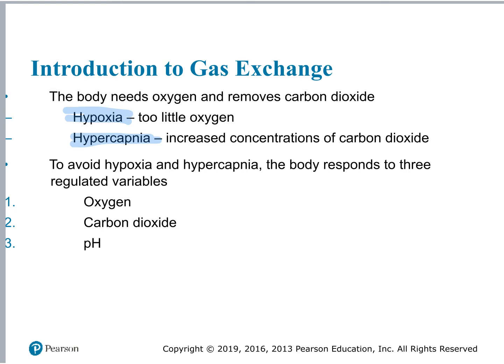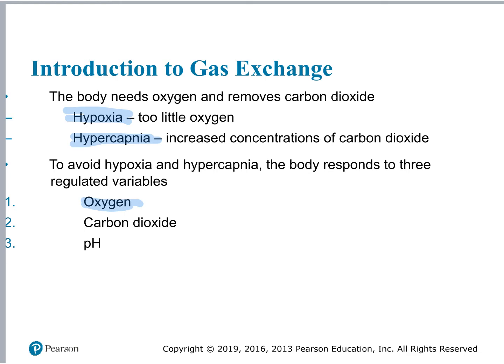your pH. Now, to measure hypoxia and hypercapnia, there are three variables that the respiratory system or your body will look into. First, it's going to be oxygen levels. If your oxygen levels get too low, hypoxia, then there are certain mechanisms in place to help compensate for that. For one thing, there's going to be a local chemical signal that is sent by the capillaries that are surrounding the tissues that are being deprived of oxygen, and it will vasodilate the blood vessels to increase the blood flow